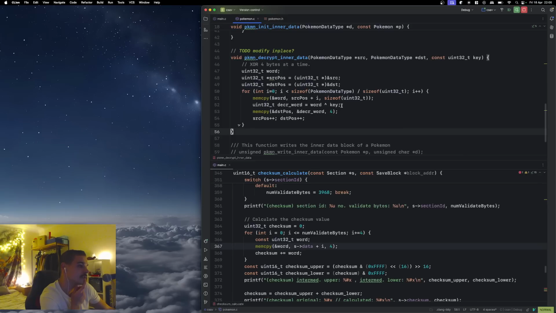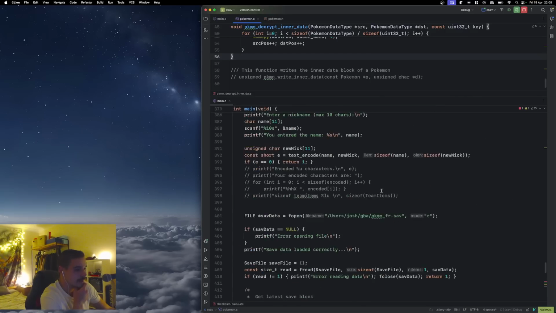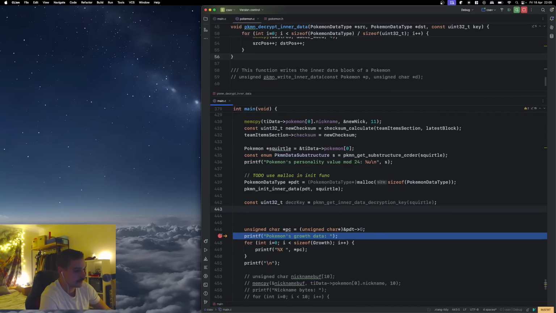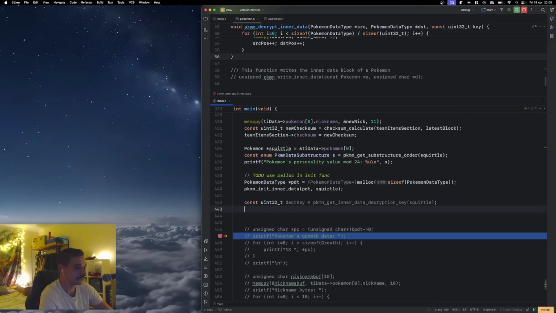But I think that should be fine. So then down here, now that we have the decryption key, I'm also gonna comment that out. Now that we have the decryption key,